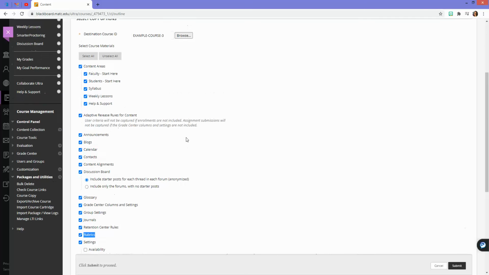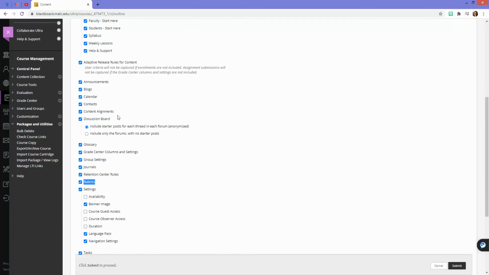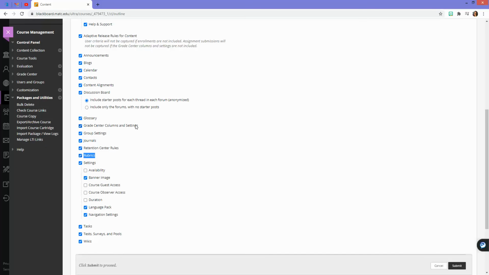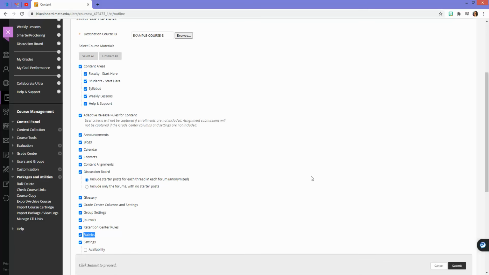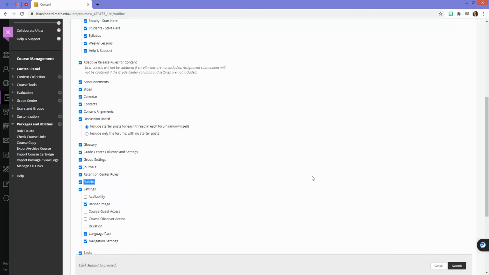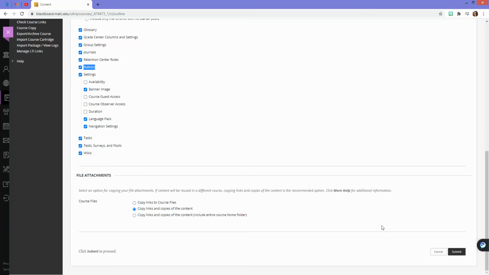So to repeat, the important areas that must come over together for this to go over intact: you have to have the content area where the Career Essential assessment is posted if it's an assignment. You also need to have content alignment selected. You also need to have rubrics and Grade Center selected. Missing one of these features will cause the Career Essential to break in the destination course. Alright, so I'm going to go ahead and click Submit,